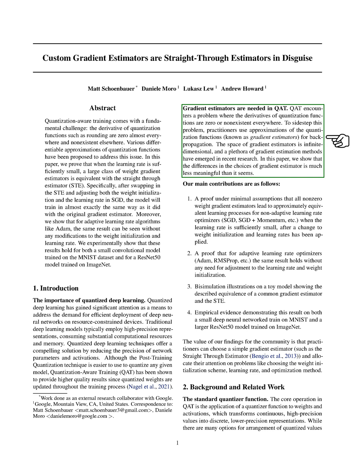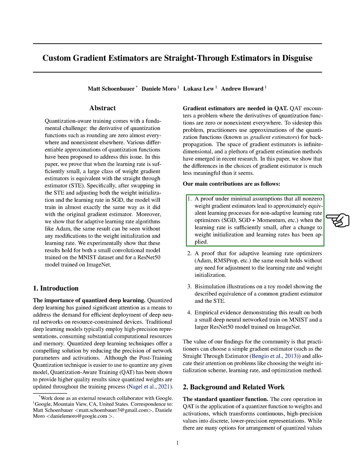There are many gradient estimation methods available, but our research shows that the choice of gradient estimator may not have as big of an impact as previously thought. We prove that different non-zero weight gradient estimators result in similar learning processes for non-adaptive optimizers like SGD when the learning rate is small. For adaptive optimizers like ADAM, the same holds true without needing adjustments to the learning rate